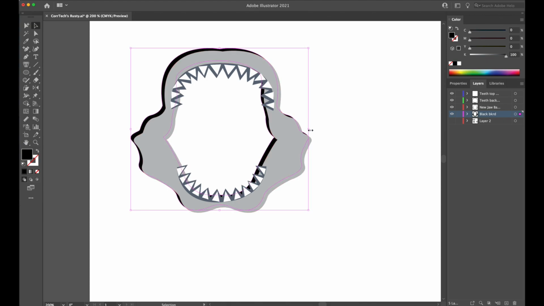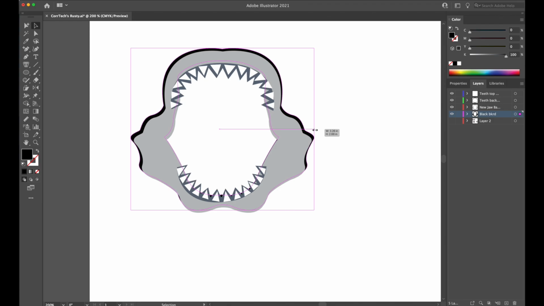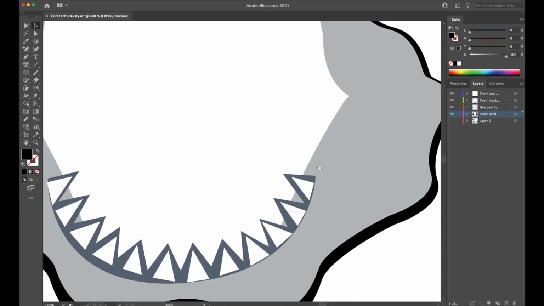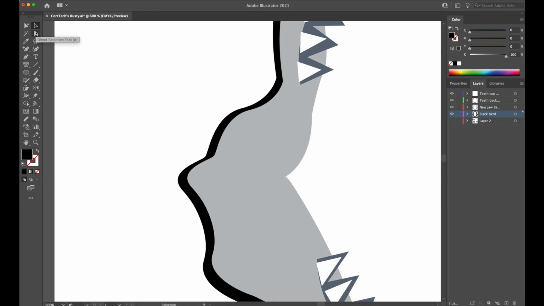So what I'll do now is make this a little bit larger. Now we probably will have to fine tune this, I can tell you that right now. Just make this a little bit larger on all sides, like this. Just kind of play around with it. What you're going to do is play with your direct selection tool. Actually, that's not terrible. Sometimes I'll go to the direct selection tool, grab these points and start playing around with them, just to make it a little bit